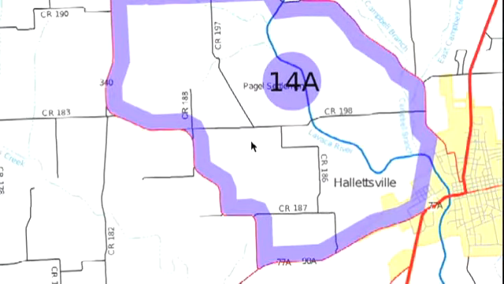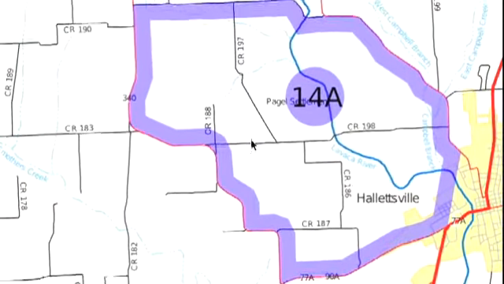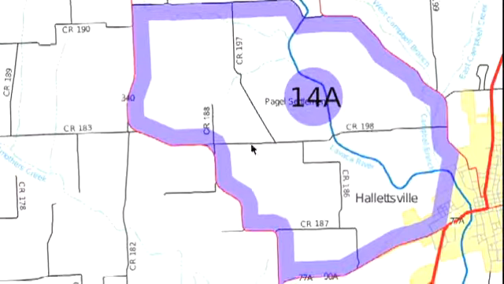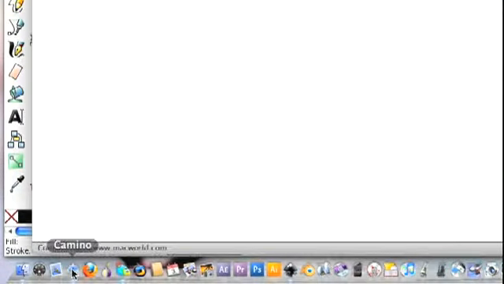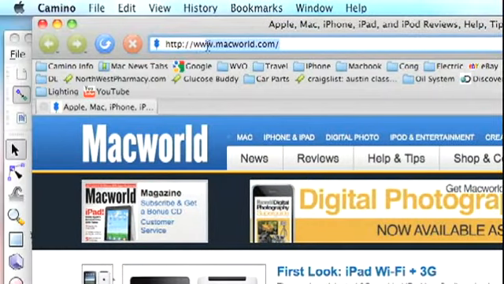Now what happens if there's something that we want to update before the publisher actually gets it, so that when they get there they know that all of the streets are there, and they can just verify what's on the map? What we'll need to do is open up a web browser, and you can either go to MapQuest or Bing or any of those, and they all work pretty good. So we'll go to